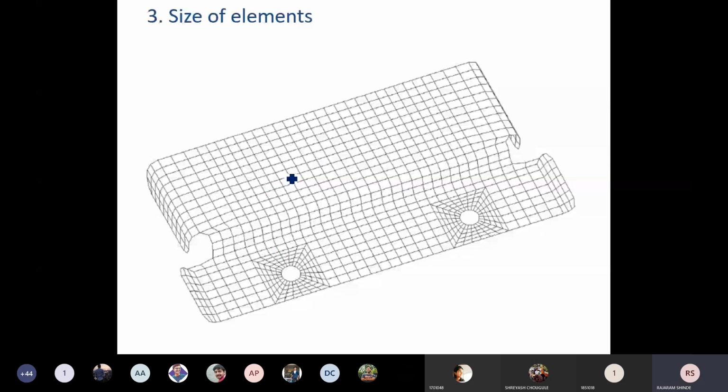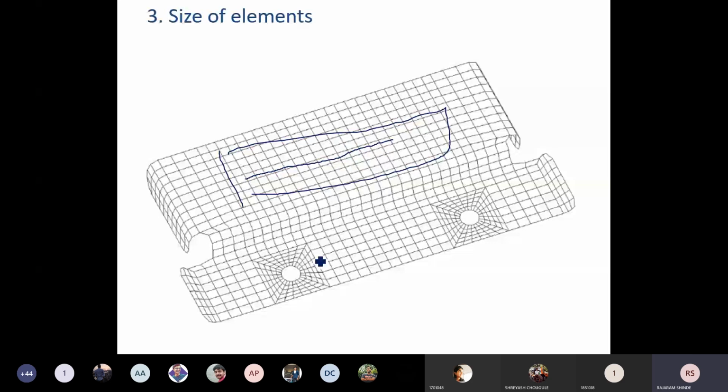locations or at uniform surface or uniform geometry, we are not getting a big gradient of the variation of the field variable. That means there will not be sudden variation in the results or solution of the problem when there is uniformity in the geometry. Okay, you see here, this is a uniform geometry. At this location, your variation of the result is constant. Do you agree with this? There is no sudden variation in the results. It is known as the gradient of the variation of the results. There is no high gradient of the variation of the results.